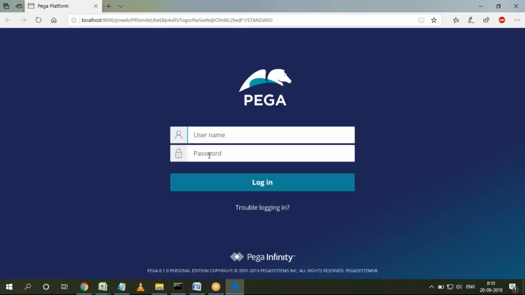If you get this screen, your application is successfully installed. Suppose after installation is completed, when you click on the login icon, you get a Tomcat server error or some message, then there is some issue with the installation. Sometimes you make a mistake, for example if you install Pega on a 32-bit operating system, it will take only 2 to 5 minutes to complete the installation, which means your application is not successfully installed.